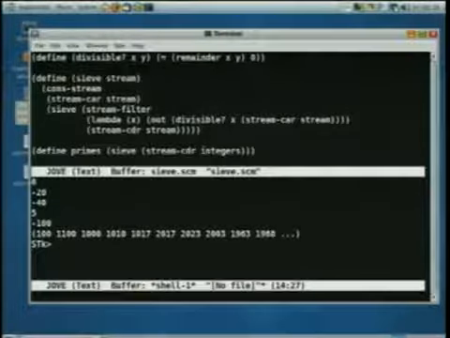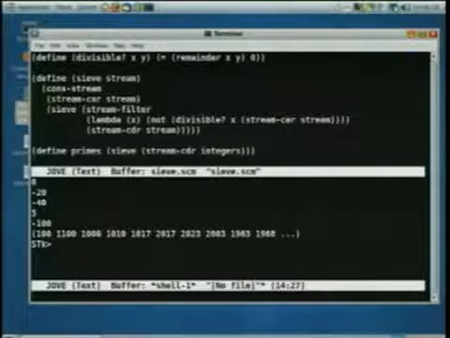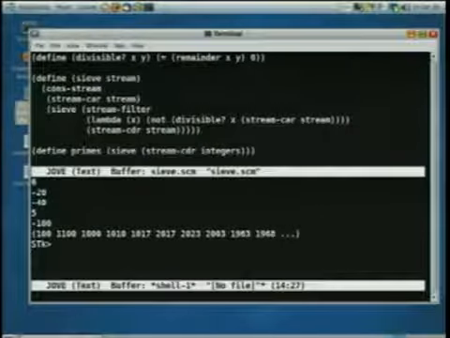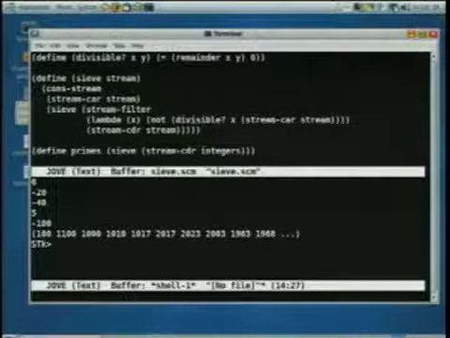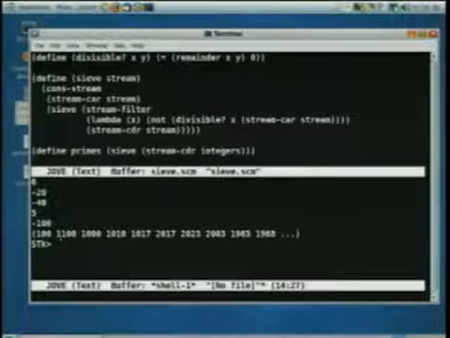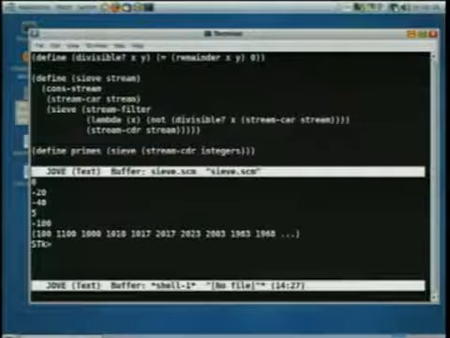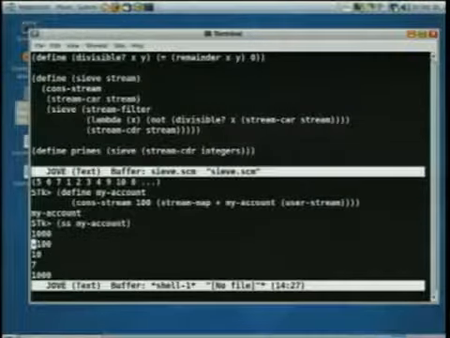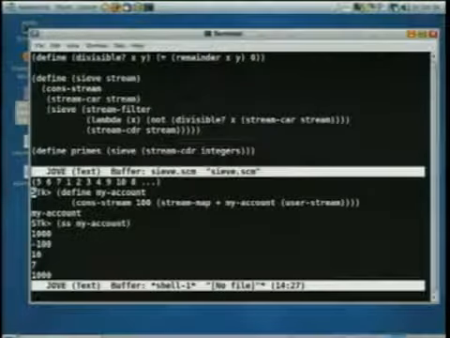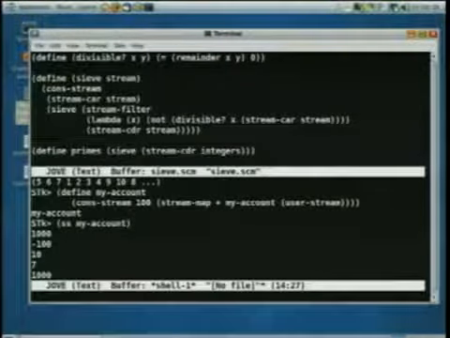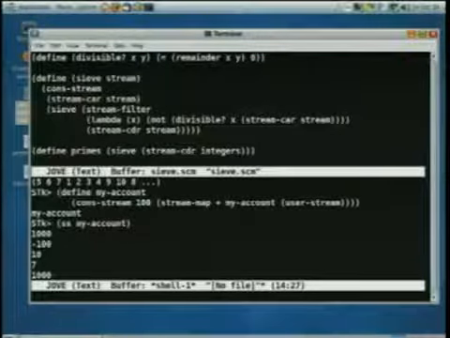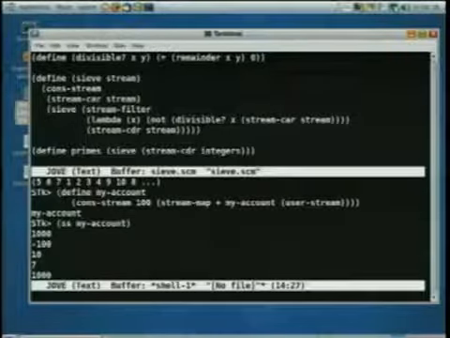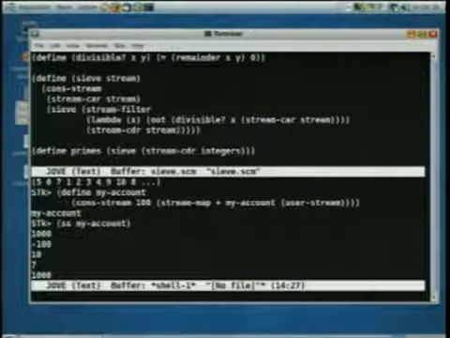Okay? So the stream my account is the stream of all the balances that my account is ever going to have from now to infinity. And we can write programs using it as if we had it all at once. So, for example, when I defined my account up here, I'm assuming that I have all of user stream, all the deposits and withdrawals that I'm going to make until